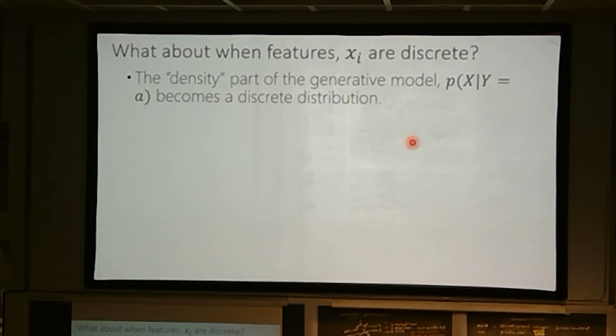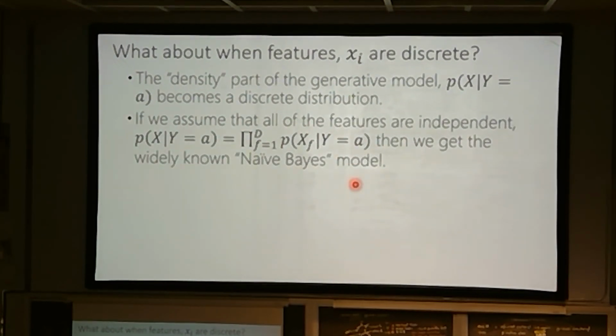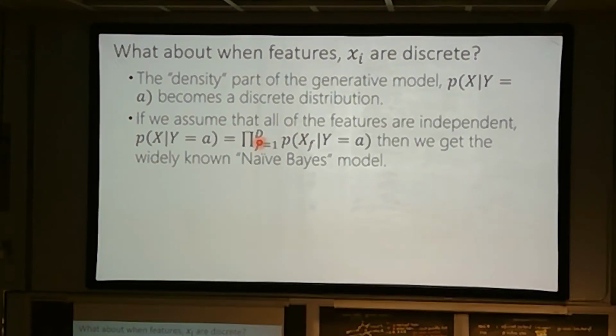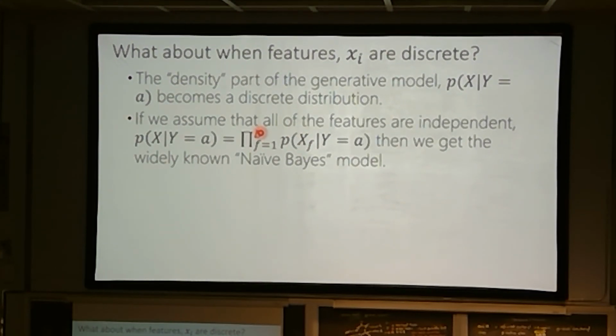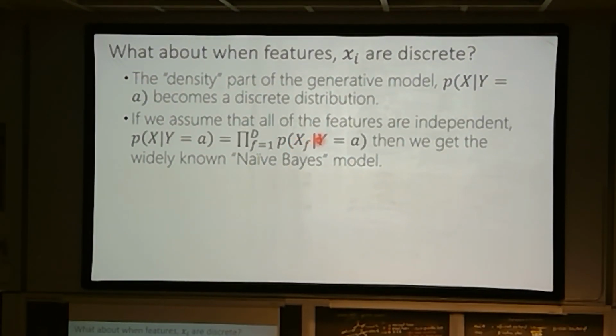So if you want to build a generative model for these, now I can't use Gaussians because it's not a distribution for discrete things. And so a very common model assumption, and by consequence a common model that gets used, is you just assume that each feature is independent of the other. So if you have d discrete features, like in a nucleotide sequence, is there a letter A in position 1? Is there a letter T in position 2? Things like this. Then you just assume each of these are independent, and so they just factor by multiplying together.